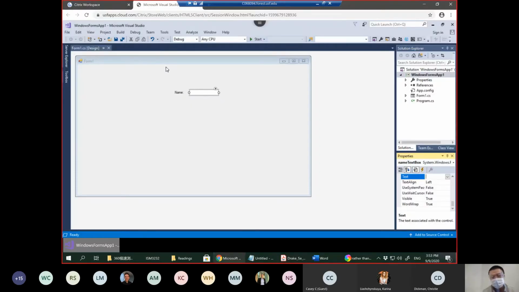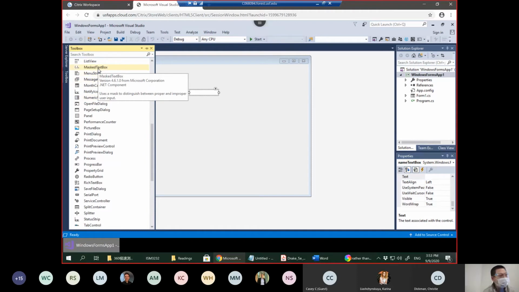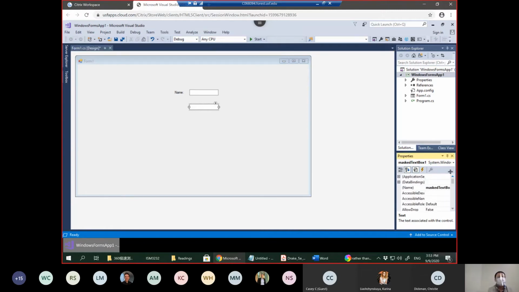This is Visual Studio. I want to add an input area. You see, we are learning the masked text box control. It is here, masked text box. So we double click. This is the masked text box control. Remember, when you add a control on the form, the first step is to rename the control. This is always the first step, because if you don't change the name of the control, in the future,